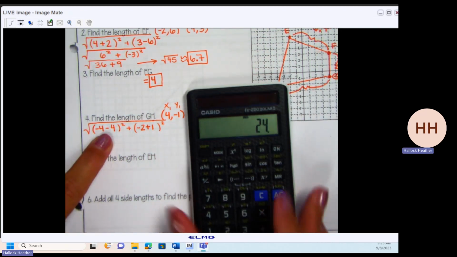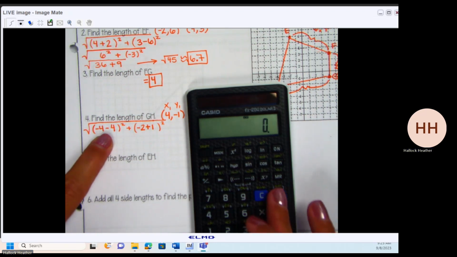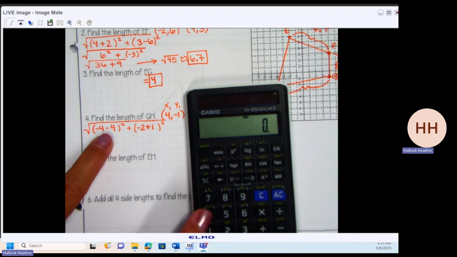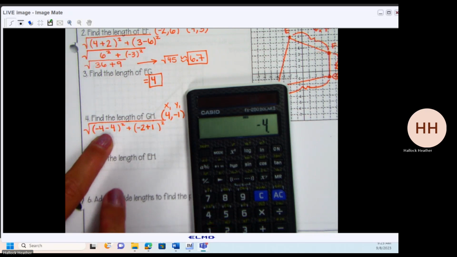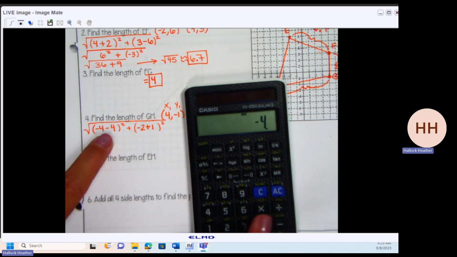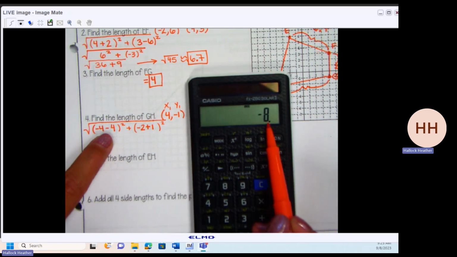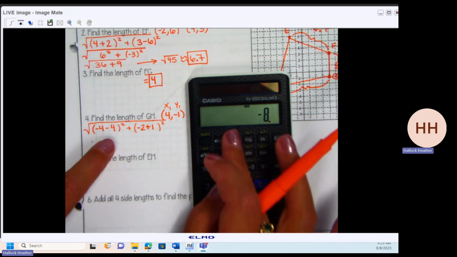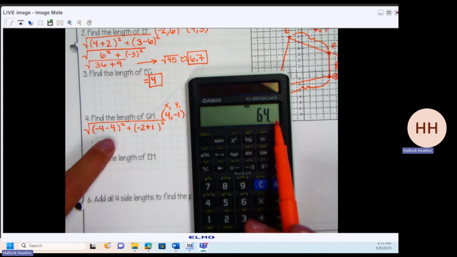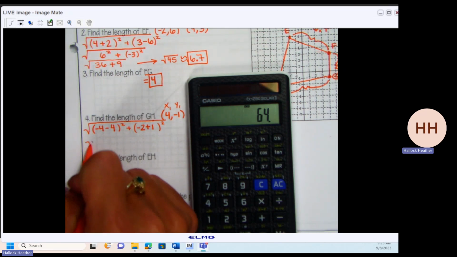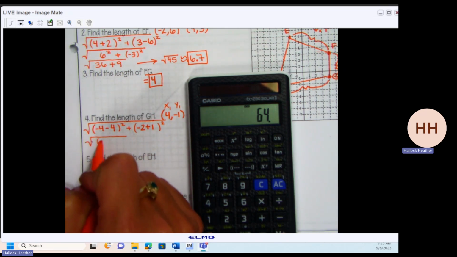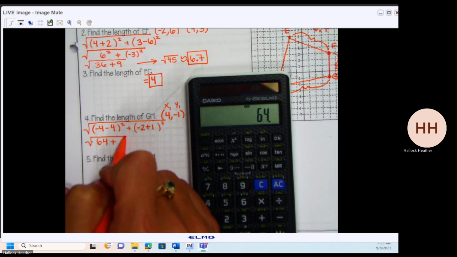In your calculator, if I do -4 minus 4, I type this in, make 4 negative. I'm minusing 4 minus 4. That gives me -8 when I subtract them. Since I'm taking it to the power of 2, I'm just going to plug it into my calculator right there. I'm squaring -8. That's giving me positive 64 because -8 times -8 gives me 64. So I can just save myself a step right there and just say 64 plus, and I'm going to do